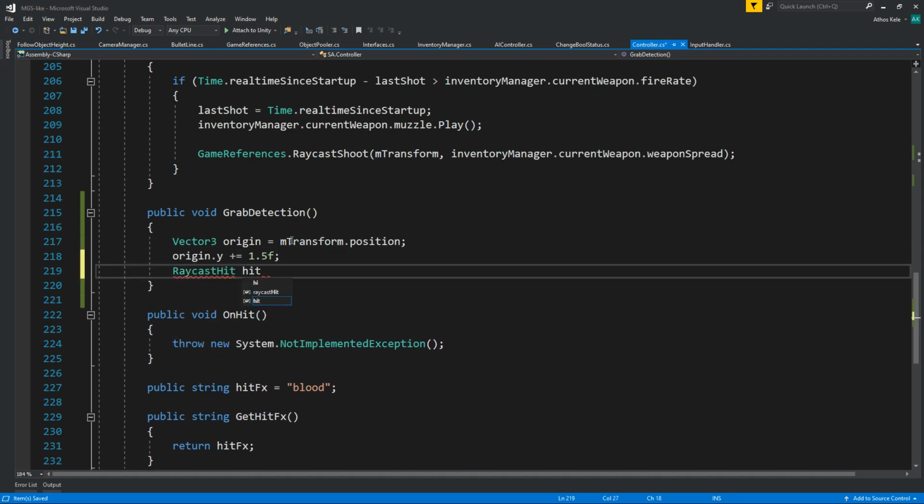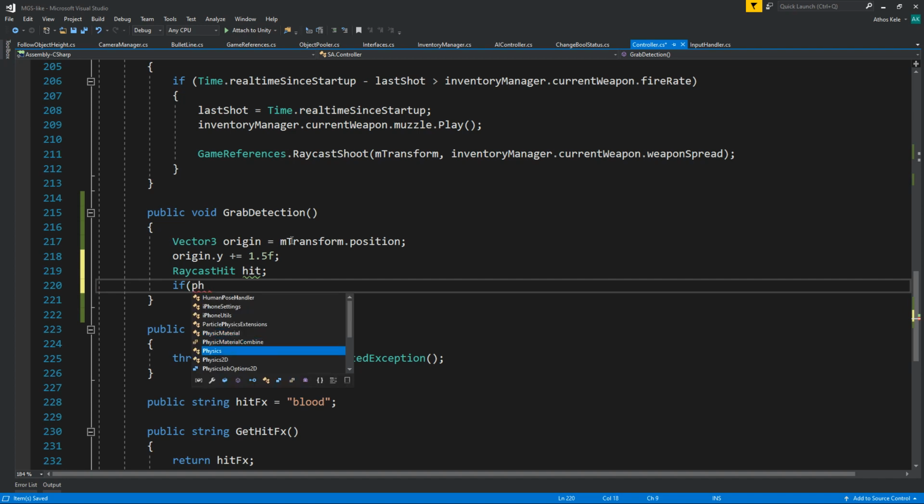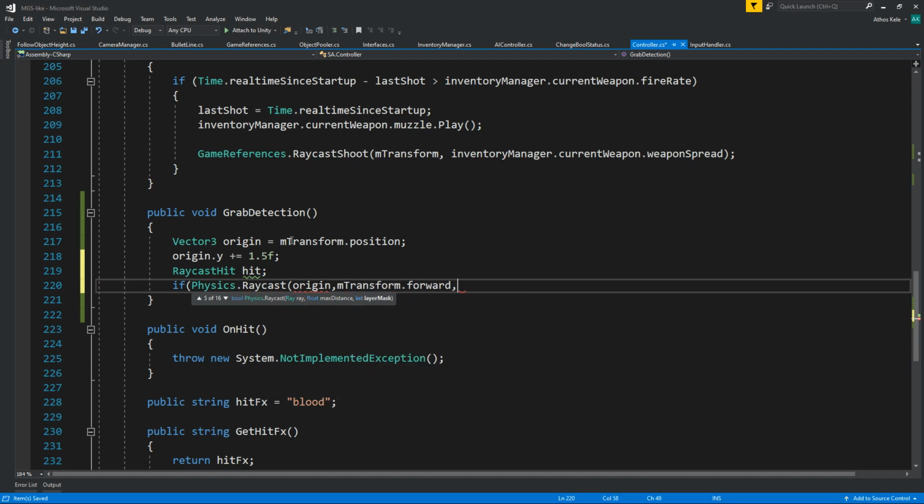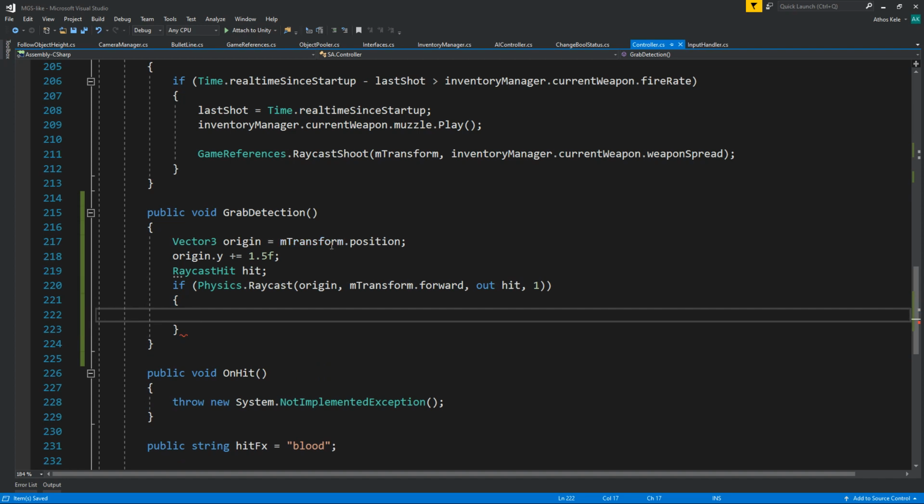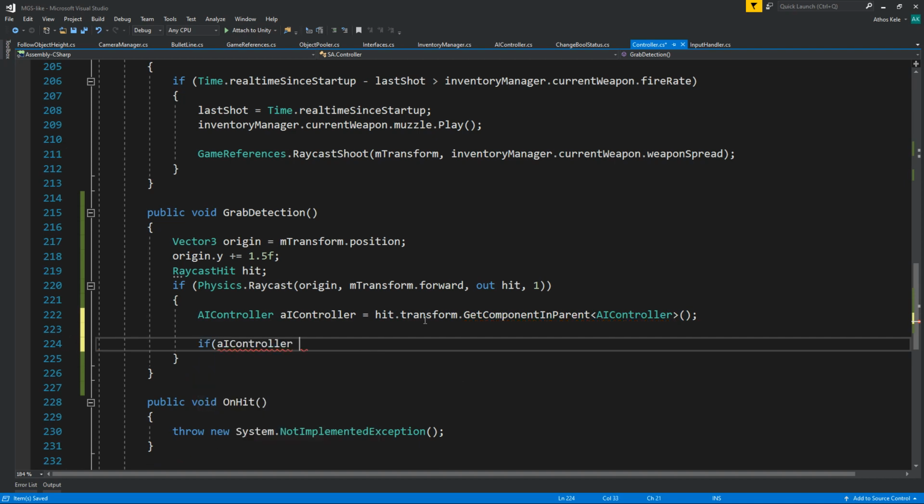Raycast hit, if physics.raycast origin mTransform.forward, distance of 1 should do it, or out hit first 1. And let's see, no, let's not put a mask, we'll see what we do later with that mask. So if you hit something that has an AI controller, hit.transform.getComponentInParent AI controller, if AI controller is not null,